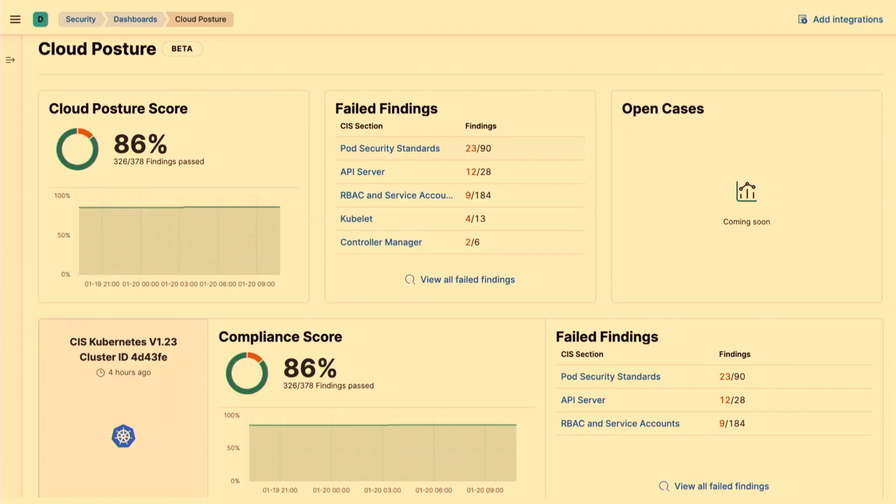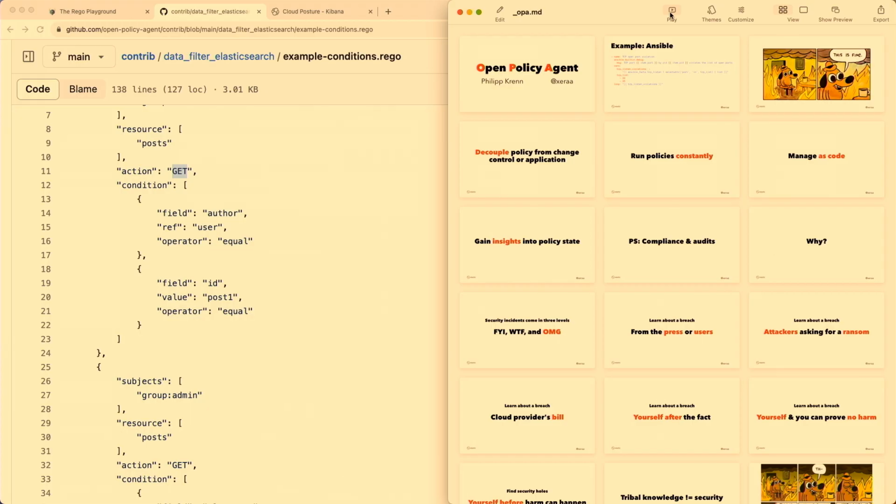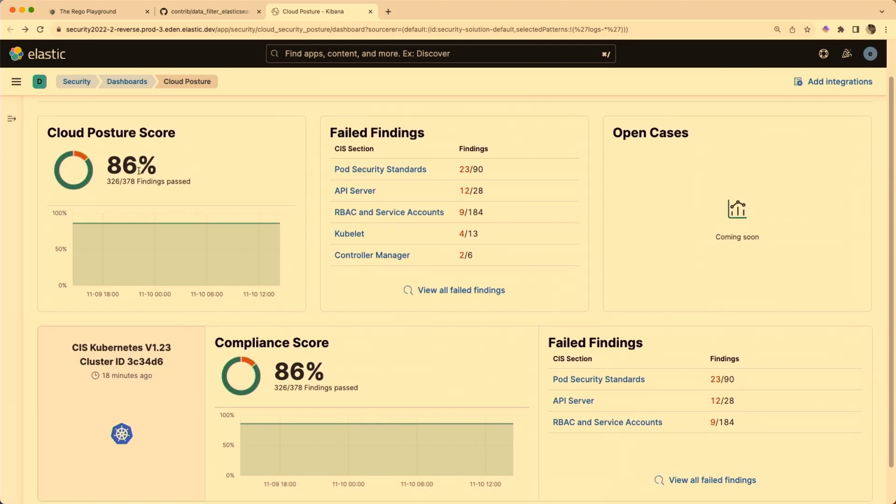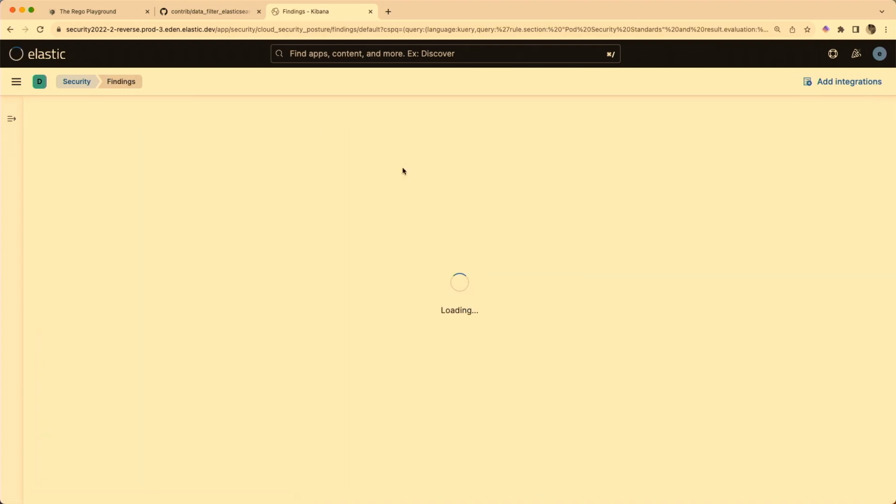And just to give you a quick idea how that actually looks like. So here, I'm running the Kubernetes rules against the Kubernetes cluster that is obviously not configured perfectly, and it will show you, like, out of all the rules that are in the standard, you conform with 86%. So the remaining 14% are 52 rules that are currently failing, and it will give you a list like for the API server or the kubelet or the controller manager. These are the rules that are failing, and I'll just show you 1 or 2 quick examples how these look like,